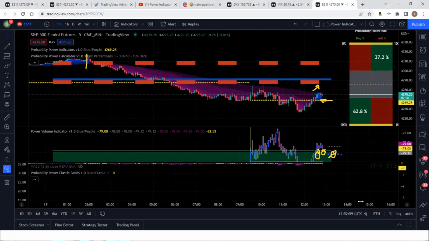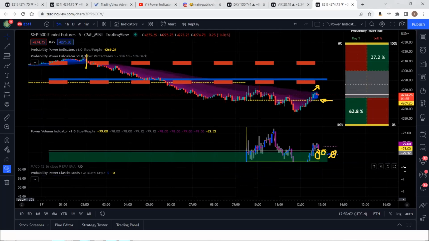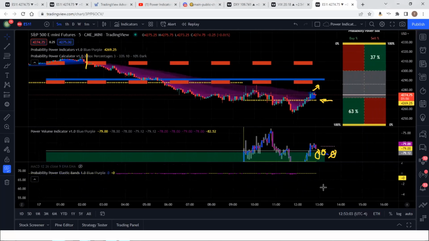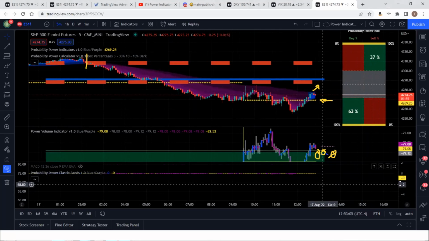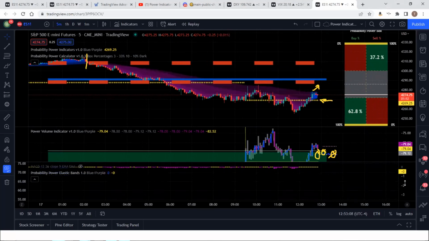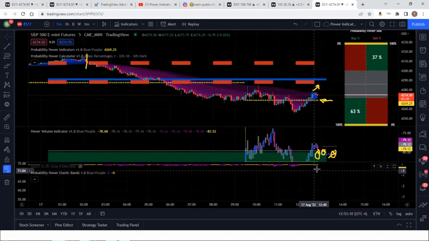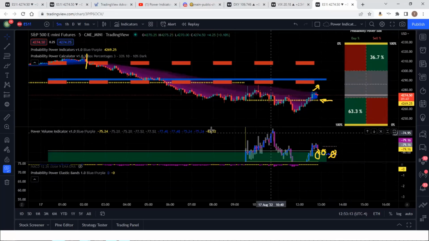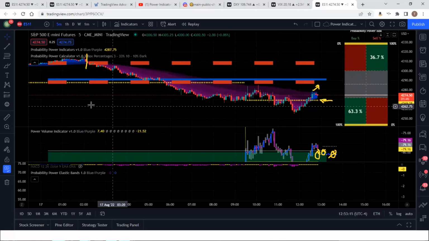Now what's going on with my elastic bands? Sorry. Well, right now the elastic bands are neutral. Can't see it very well, but